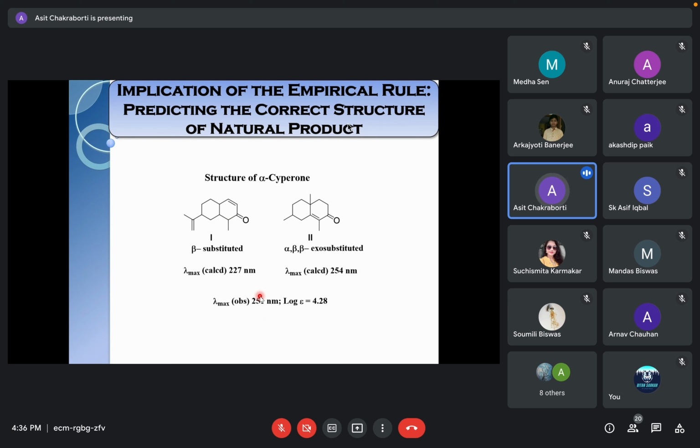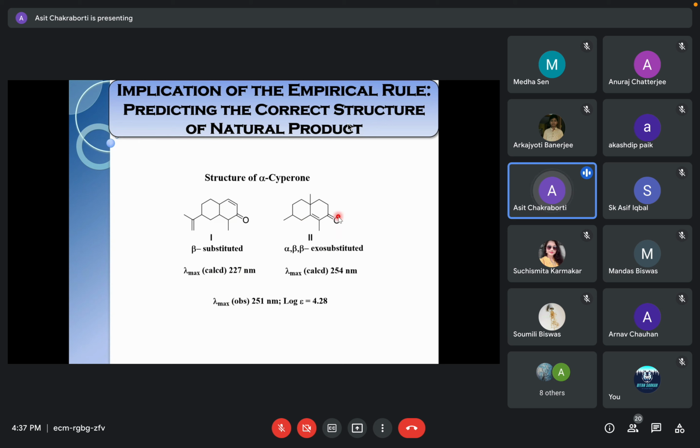So he didn't challenge the authenticity of the compound, only that probably something is missing. So he said, if we have to believe the UV data, which I am not disbelieving, and all the carbon-hydrogen analysis, everything remains the same, then this cannot be the structure, because its calculated value based on the Woodward-Fieser rule, or Woodward-Nelson-Fieser rule for enone systems, is not matching. It is deviating by more than plus or minus 5. A better suited structure will be this one. So he proposed this one.